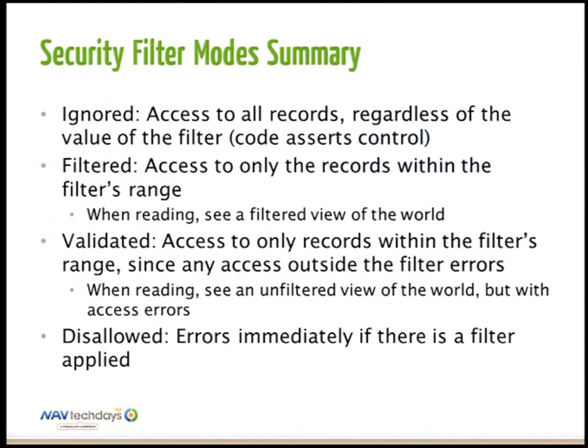So what you saw was that we had a property on each record variable, and you now have four modes that each record can work in with respect to security filters. The first one is ignored, the one that we used. This is when you say, okay, I know that this code runs in a safe way, so if anybody sets up security filters, I can ignore them, and I know that I will not expose data that is not used. It does put a bit of responsibility on you. You can't use this if, for instance, you're dumping some data to a file or something. Then you could expose data that an administrator wants to prevent the user from seeing. But it gives you the power to